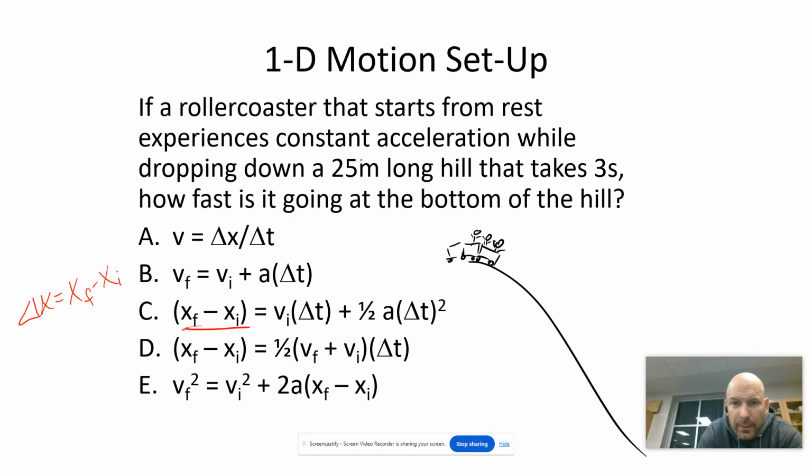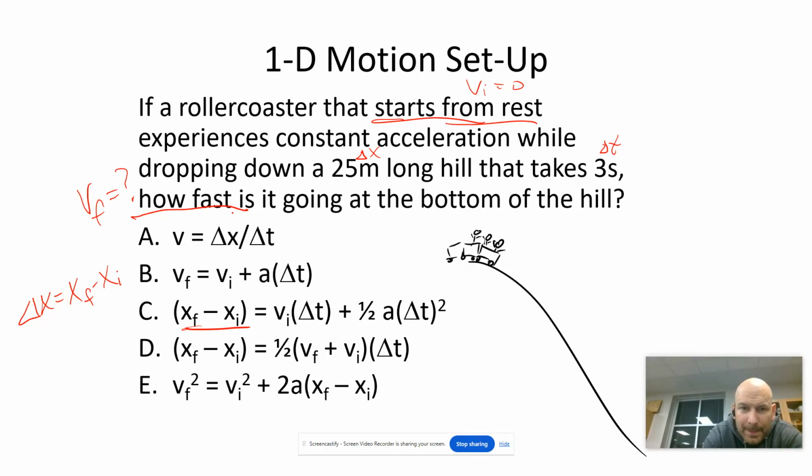Okay, so we have a displacement, we have a time. She starts from rest, so initial velocity is 0. And how fast is it going at the bottom of the hill? So that's my final velocity. Okay. Now,